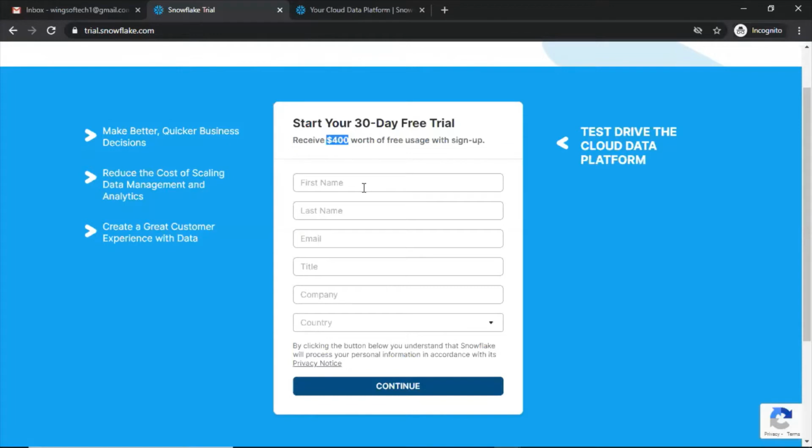And region, as I said, that cloud platform provides the services in different regions. In Mumbai you have one, so that we call a region with respect to cloud databases. And Snowflake editions, is it Enterprise edition or other editions? Anyway, it's a free account, so we will select the best edition here. That determines the number of free credits you receive and the features you can use during this trial.